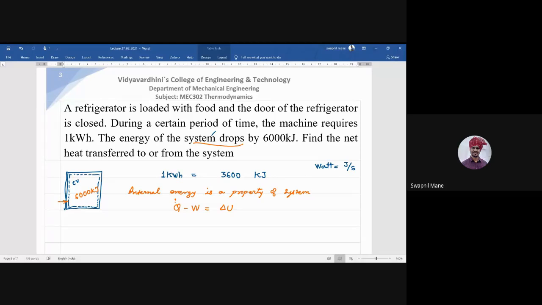When the system drops or increases, that is the change of internal energy. Energy rises, energy drops, so it is a change. Change is always associated with internal energy. So internal energy drops by 6000, so delta U is minus 6000 because it drops. Now the units are the same. So Q will be equal to delta U, that is minus 6000,